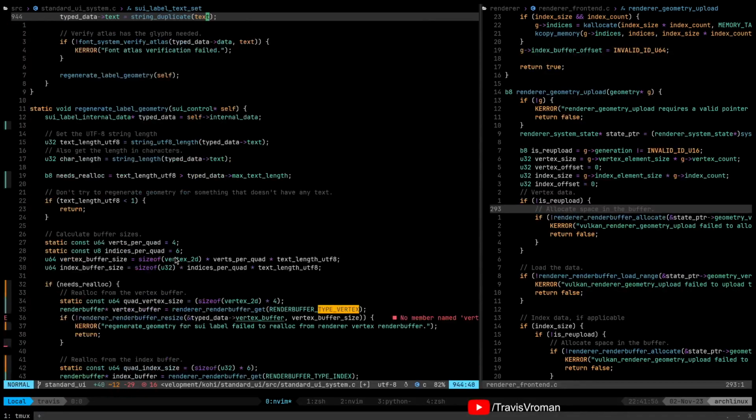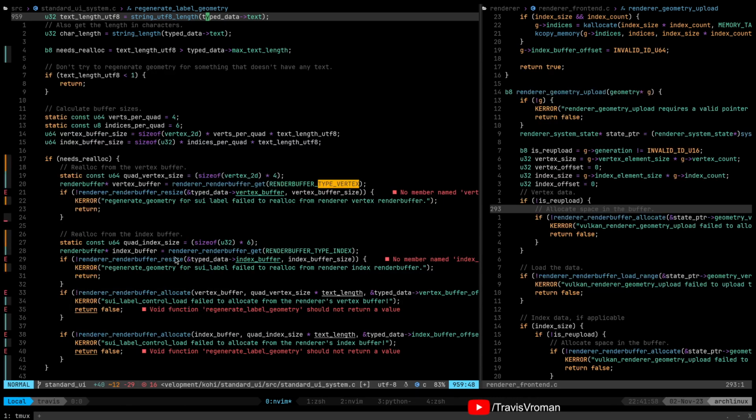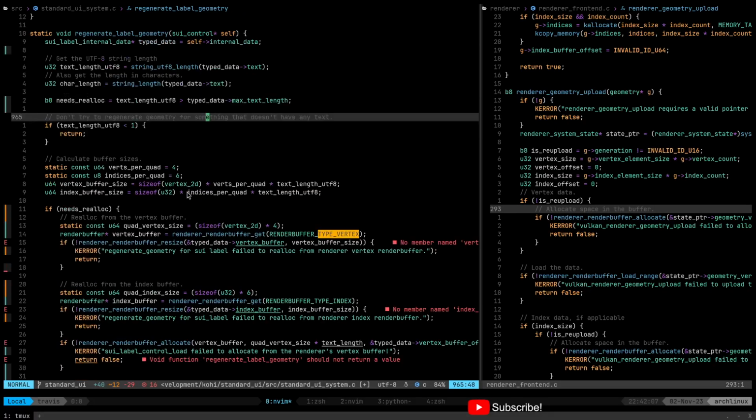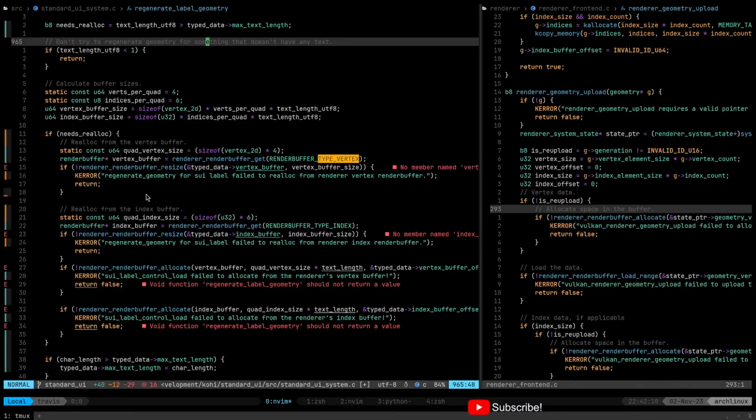So where were we? We were looking at the resize logic, right? So instead of resizing, we basically need to go through and deallocate what we had before and reallocate when we do this, right?